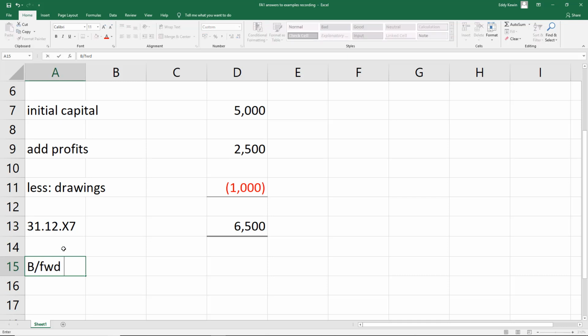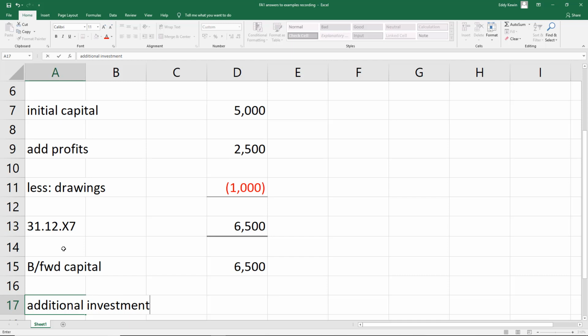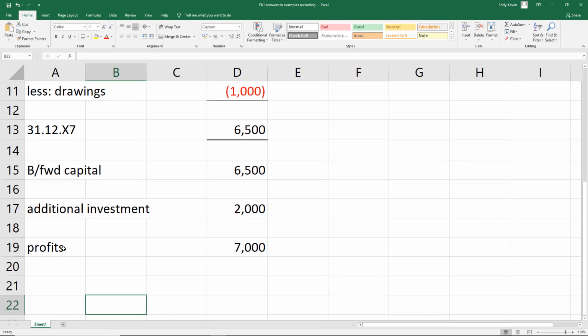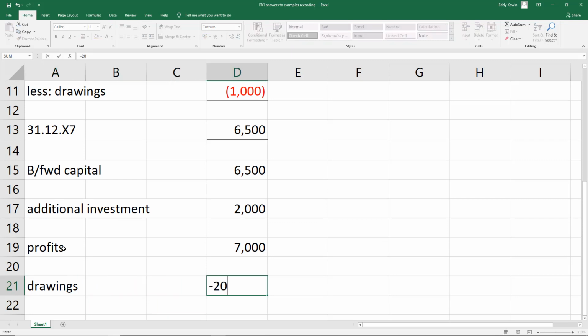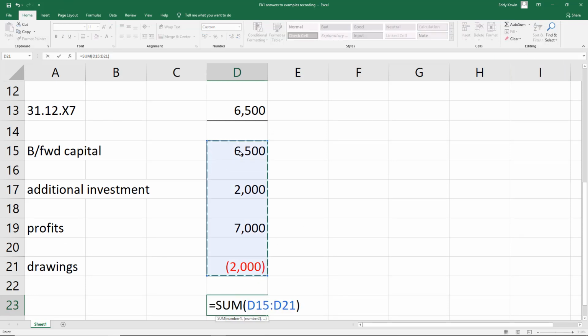Next, we can look at the next year. We've got the brought forward capital, which will be the amount of 6,500 that we already had from the previous year. Then the question goes on to say that in the year to 31 December 20X8, Caroline has introduced a further 2,000. So we've got an additional investment, an extra $2,000, so we can add that $2,000 on. The shop made $7,000 worth of profit, so I've got my profits, which I'm going to add on, another 7,000. And Caroline took drawings of 2,000, so I've got my drawings minus 2,000. This will now give me a total for my overall capital balance or my ownership interest